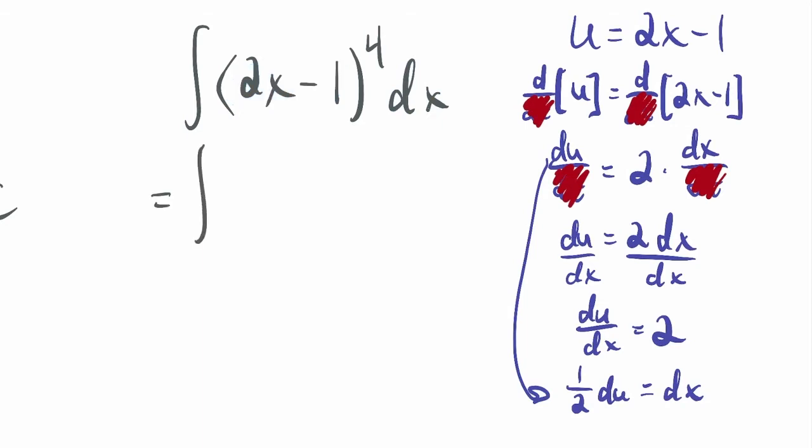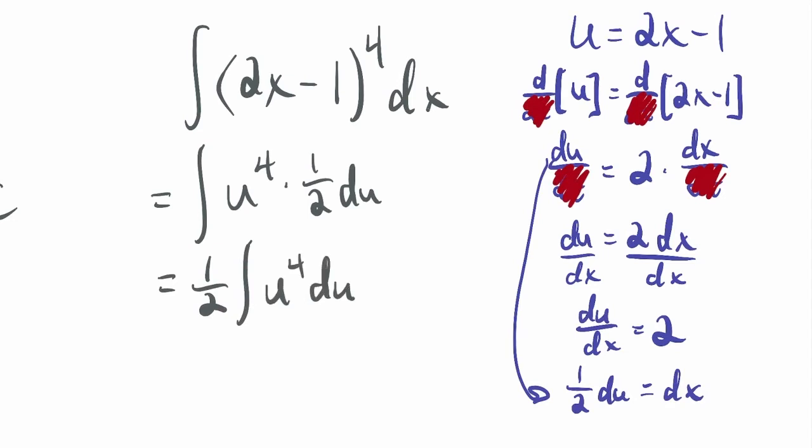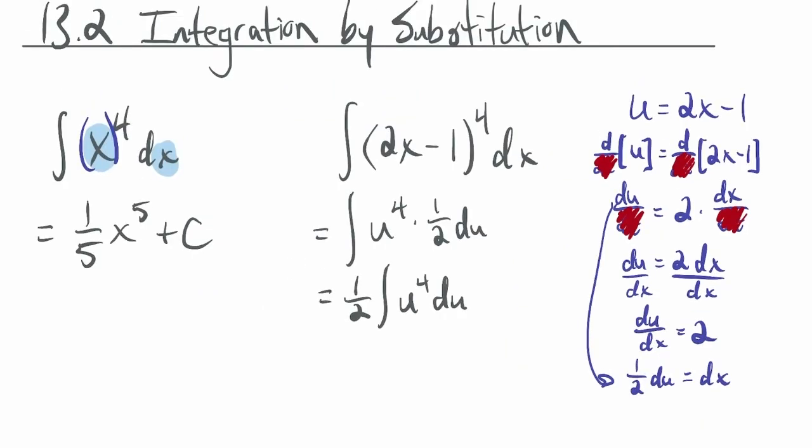So this is the integral of u to the 4th power times 1/2 du. And so I've switched over to the variable u instead of the variable x. And now this 1/2 I can put in front if I want. I don't have to do that, but I might as well. And I now have essentially achieved